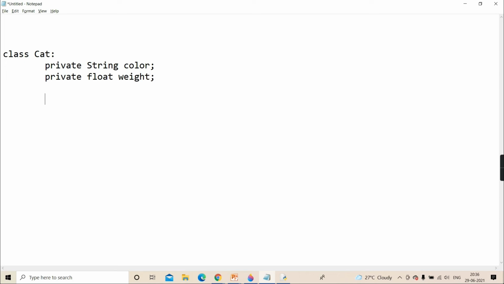And there in C++ or Java, if you use the static word: private static int x equal to 10.